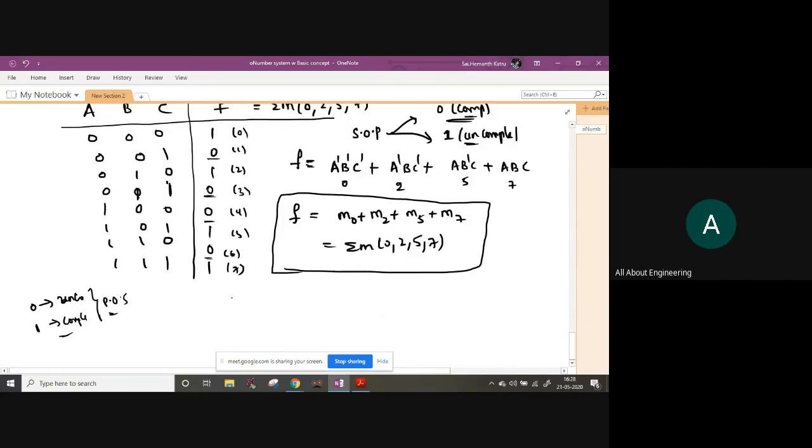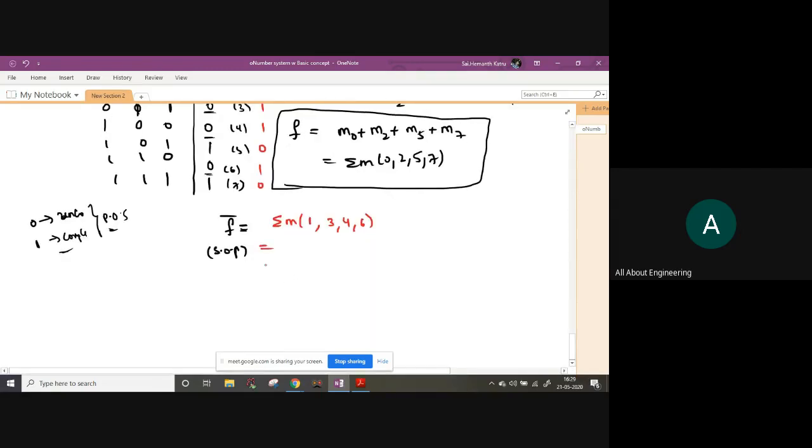If I told you to write F complement in SOP format itself, see, F complement in the sense of how these are going to modify. If it is F complement, then it will be 0 1 0 1 1 0 1 0, right? So how can you write F complement in SOP format? It is very simple. Now the minterms will be sigma m of 1, the left out ones, 1, 3, 4, 6.